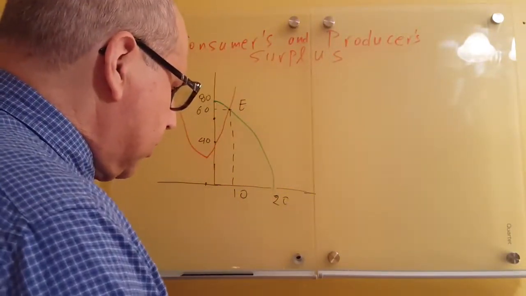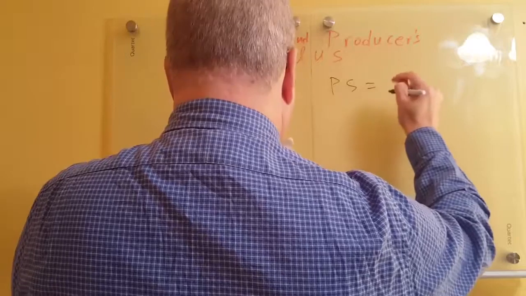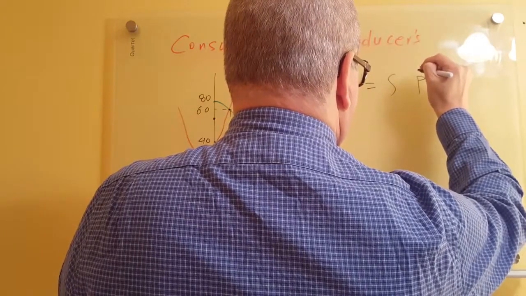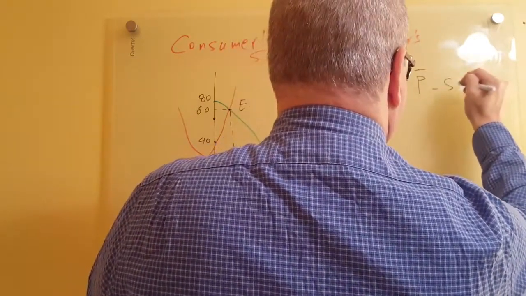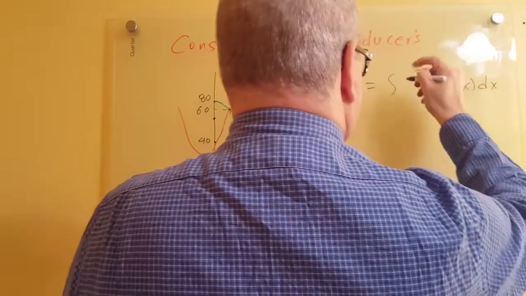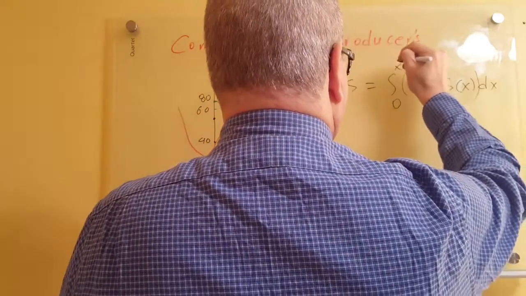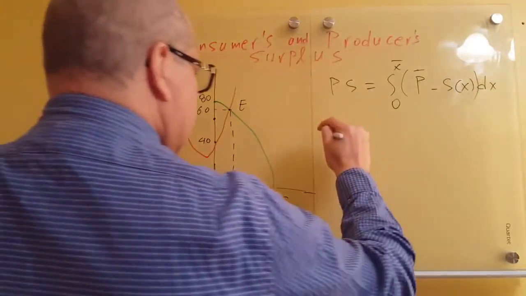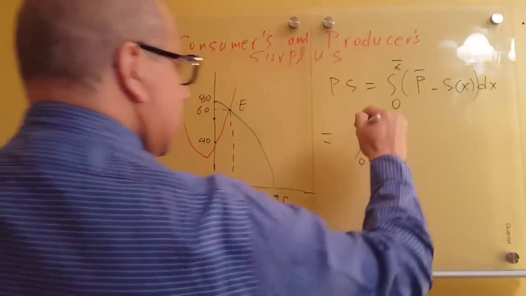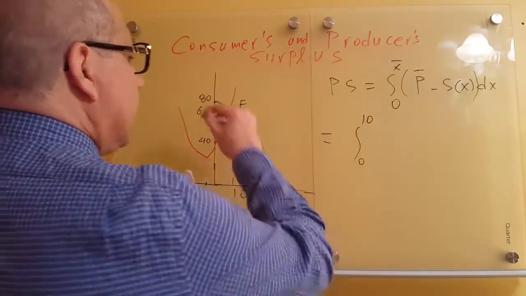So the producer surplus, as we said before, is given by the integral of bar P minus the price supply equation dx, and that's from 0 again to bar x, and in our case it's 0 again to 10, and the bar P is equal to 60,